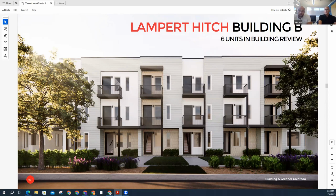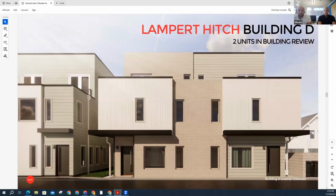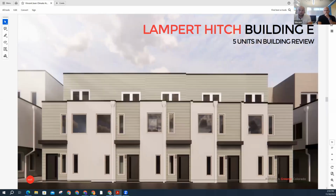So it's a total of 25 townhomes, all designed to meet LEED Gold certification. All of the homes are all electric. We have 6 structures on the site. It's a corner lot, so it's a really prime location. And I think one of the things that I'm most proud about on this site is we've had a lot of constraints in terms of what's there in the ground already. There's a ditch that runs through the site that we've had to navigate, and there are certain requirements that we've